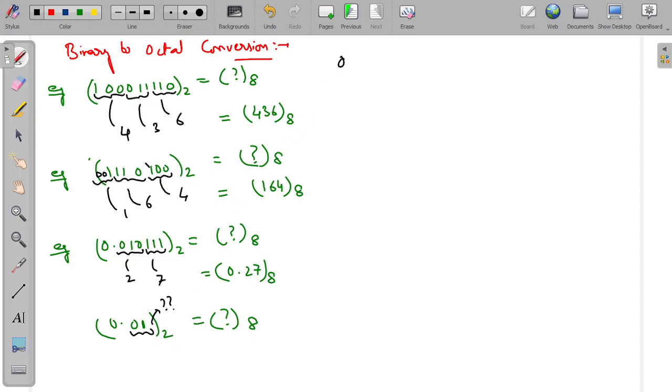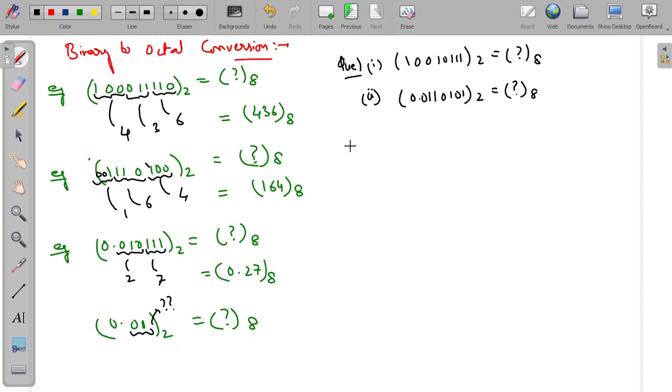So note down some questions for conversion. Say 10010111 is what in octal? Then 0.011 0101, then let's say 1011, then 0111, then 0110101. Okay,